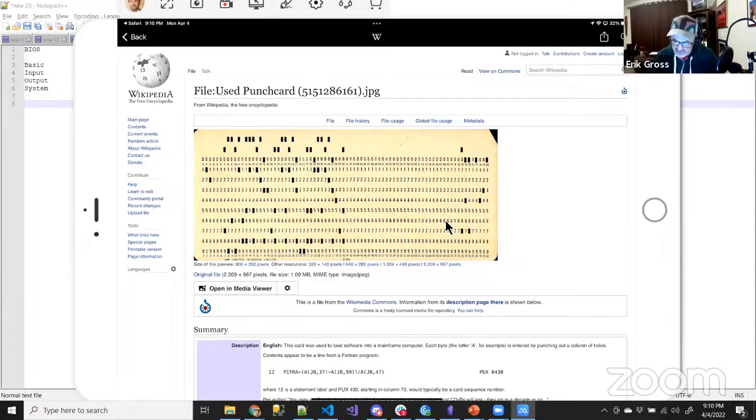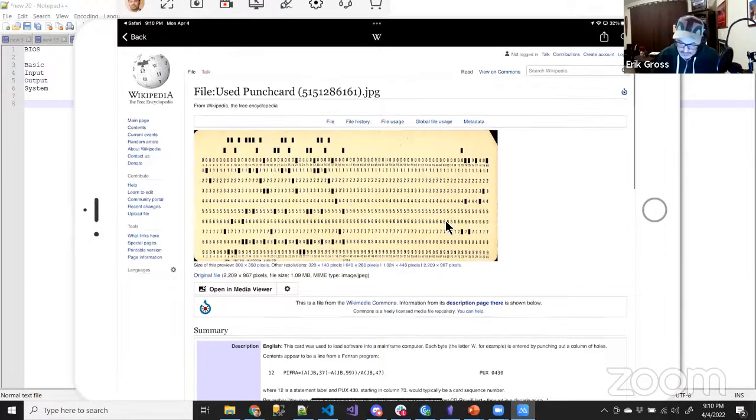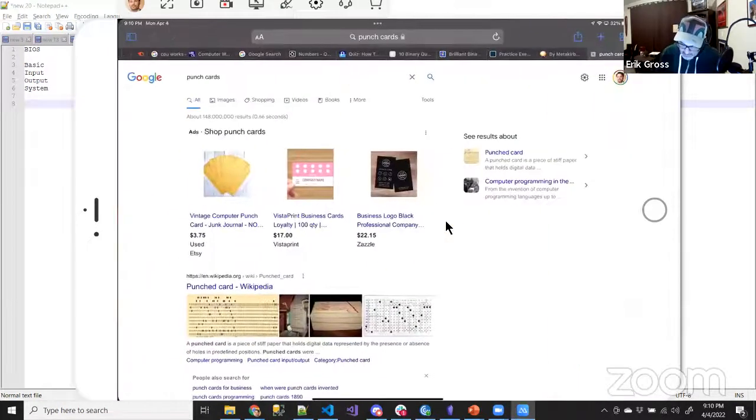We literally use these physical cards that are binary cards. The existence or non-existence of a hole is a binary concept. If it's a hole, it's a binary 1. If it's not a hole, it's a binary 0. And that's how we fed either instructions or data into a computer. We're doing the same thing now. It's just that when we do it,